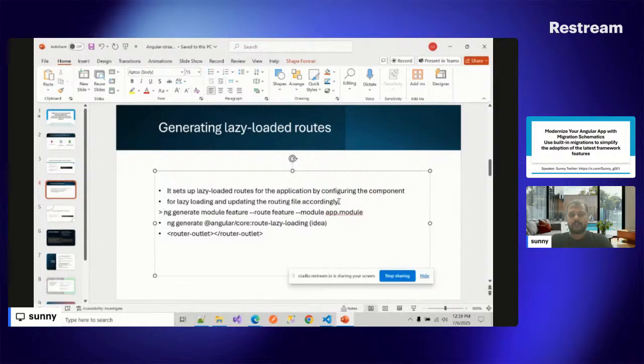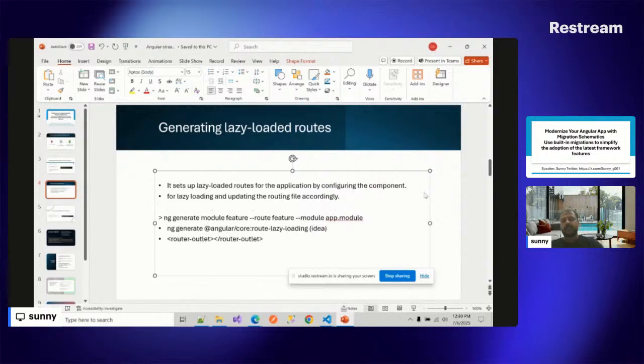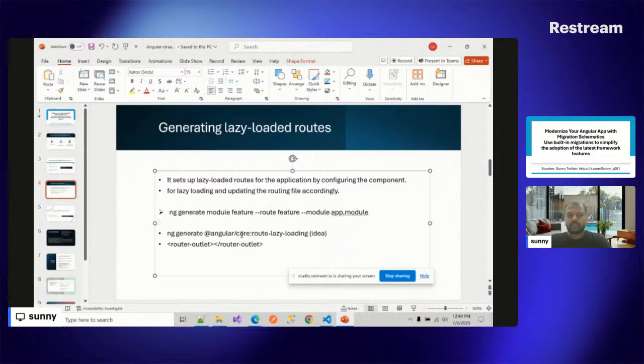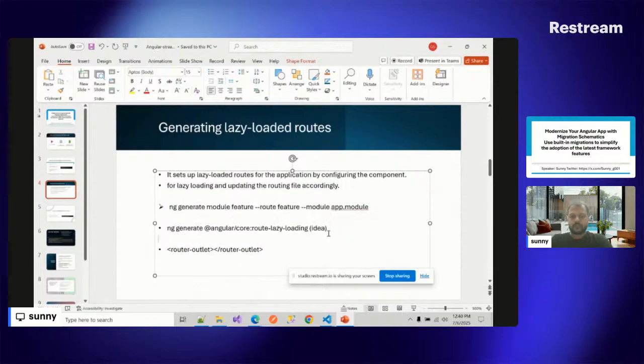configuring the component. It means now we can lazy load components also. Previously it was only modules, but now we have the functionality to lazy load our components also. So with this, it generates the new module. If I add it here,